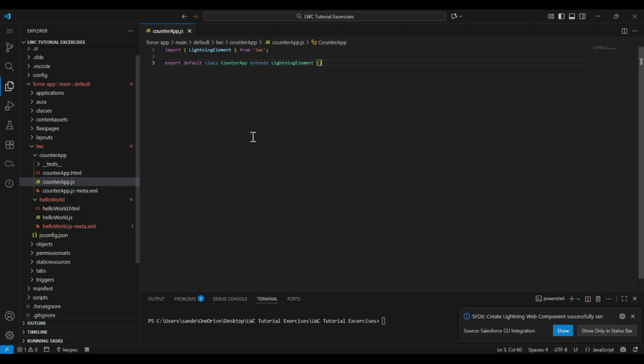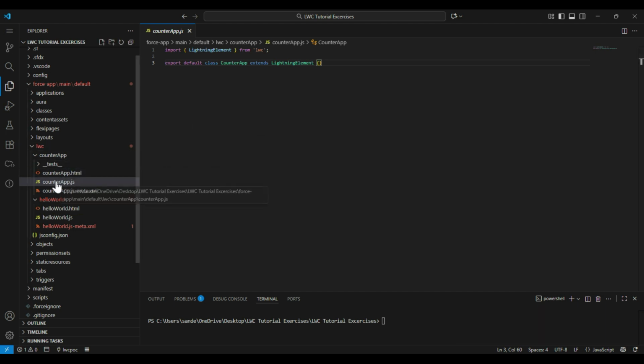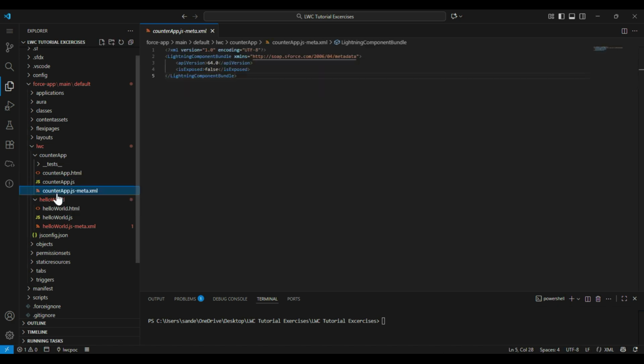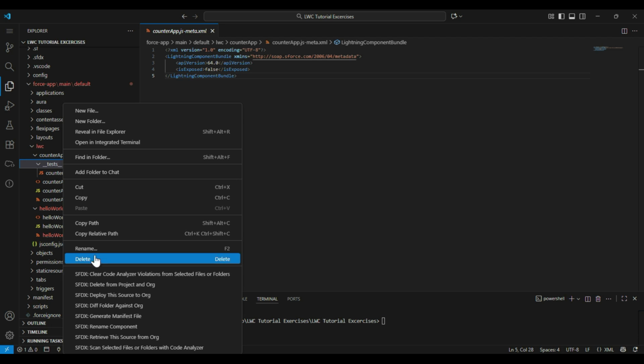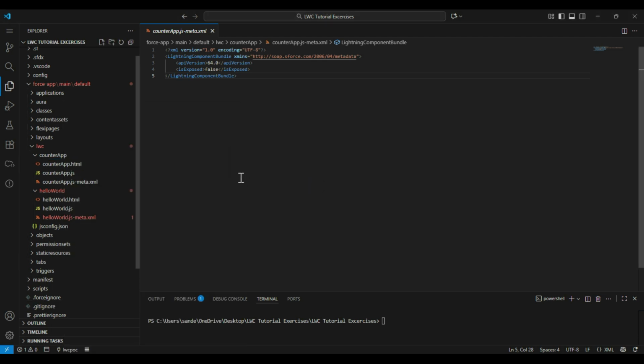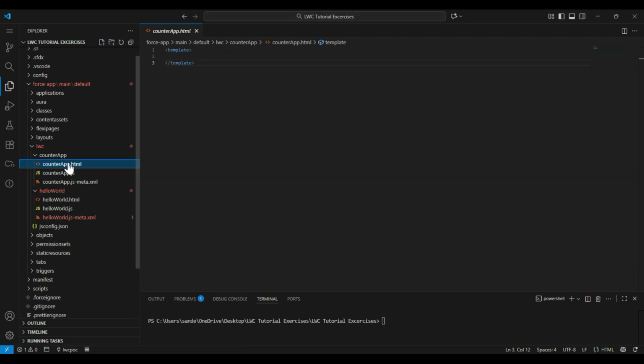This is the structure where we have HTML, CSS and XML, and we also have test, but test is not needed, so we will delete test. And this is the XML we need when we want to expose our application. Okay, so we have deleted test, and this is the HTML,